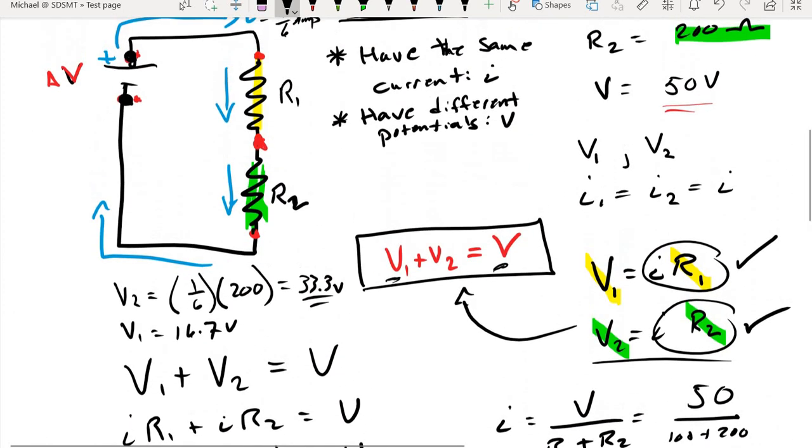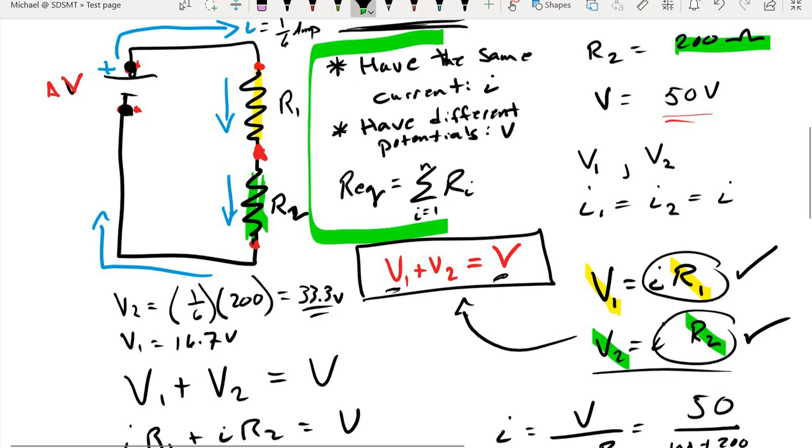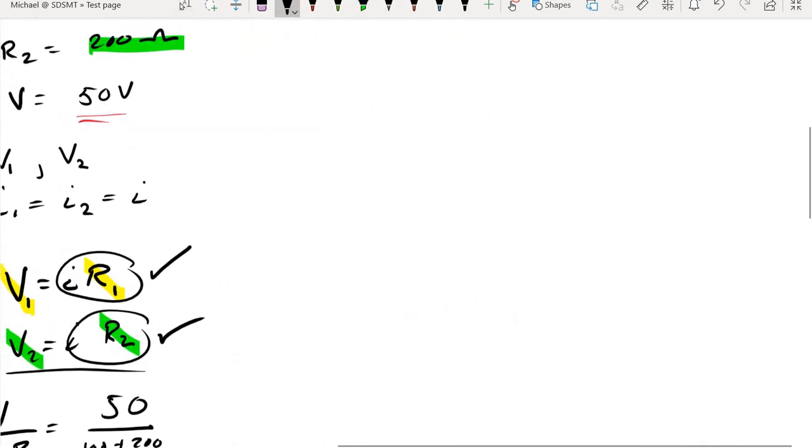And I'm going to put that right here with the other concepts for resistors connected in series. And we are going to come back to these three little notes time and time again when it comes to solving these resistor problems. So we'll go ahead and put this to the side for now. That's how we deal with resistors in series. So now we need the other case scenario,